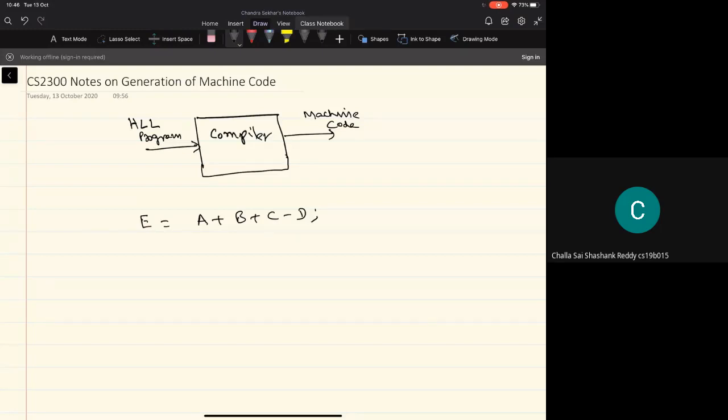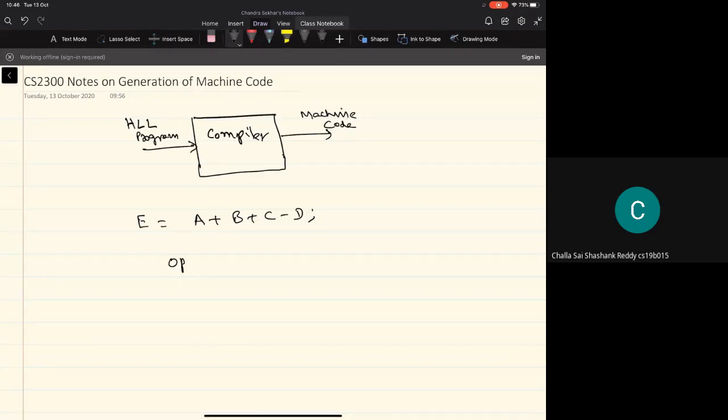All these operations require two operands, which are called the source operands, and then the arithmetic unit will perform the specified operation on these source operands and generate the result, and that result can be put in the destination operand. So typically, the machine level instruction will have a format like the operation to be carried out, then source operand 1 and source operand 2, and then the destination operand values.